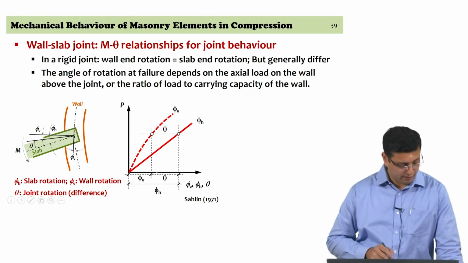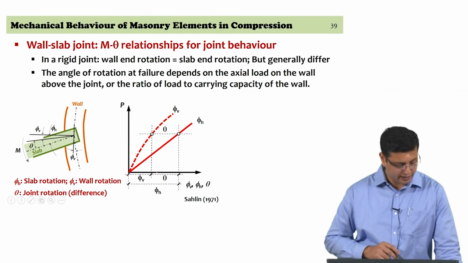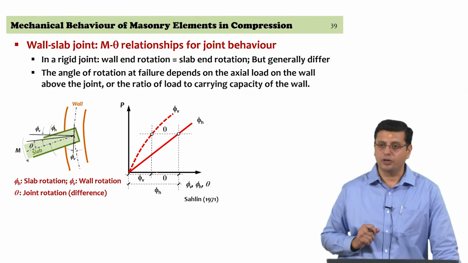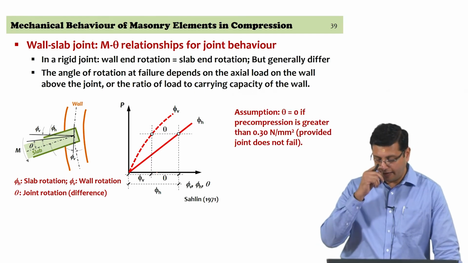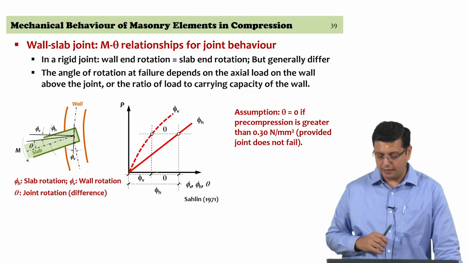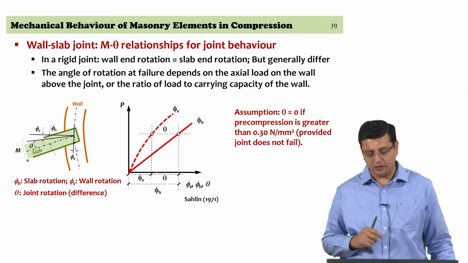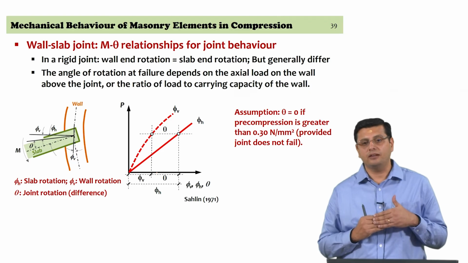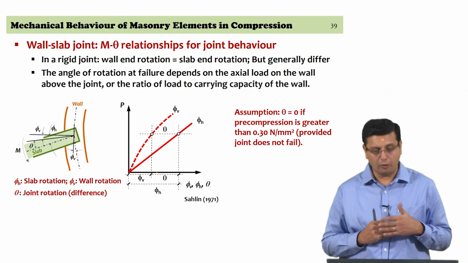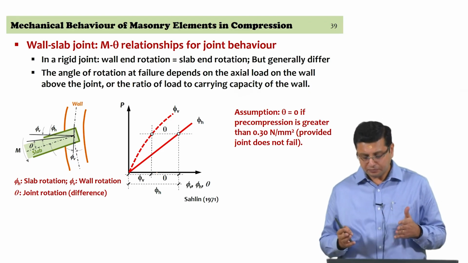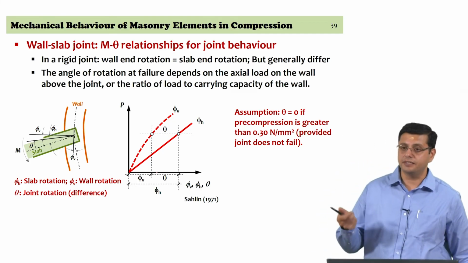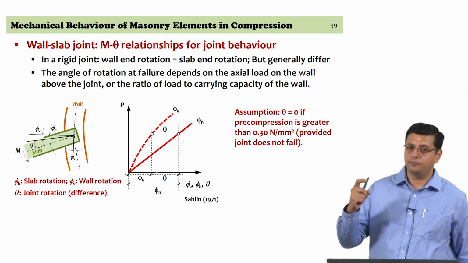So, you can make an estimate of what theta is once the total rotation of the slab and the rotation of the wall is made. And as we were discussing earlier, in the case of the reinforced concrete slab, if the pre-compression at that joint is about 0.3 MPa or greater, you can assume that you do not get rotations there, and it is a fixed joint,